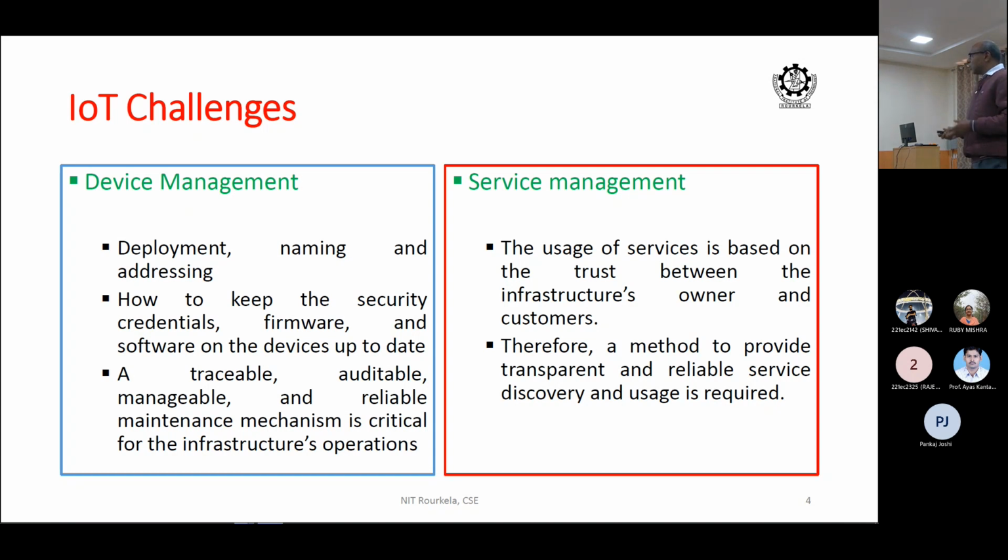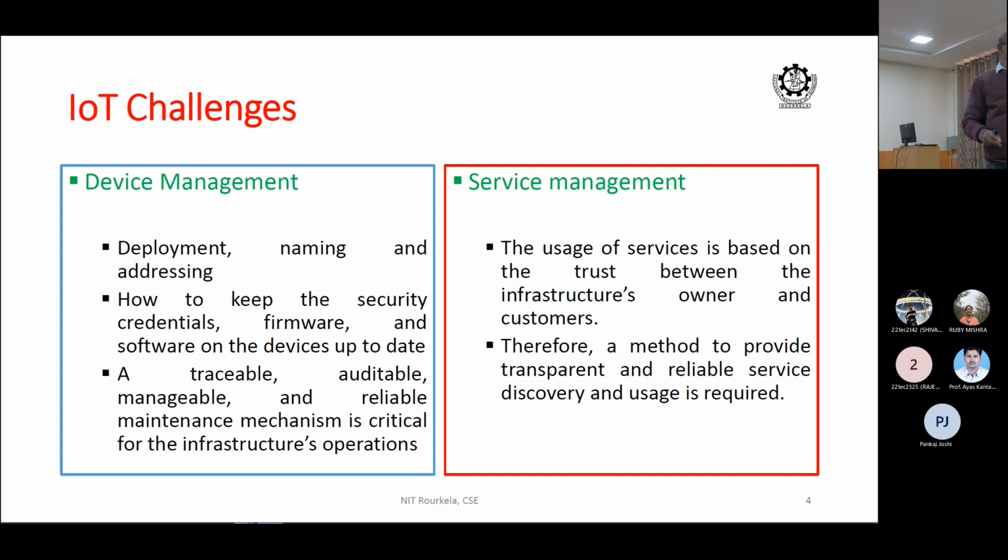Now, if you have all the devices, then there must be a control management of these devices. There should be somewhere a control. Somebody has to control all these devices. Now, if you look at it from the traditional point of view, this is a centralized infrastructure. So there is a single entity who is controlling this. Now, when you are moving from a centralized infrastructure to a distributed infrastructure, there should be some mechanism to control all these devices.